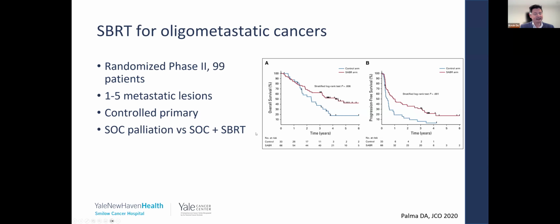And this is the SABR-COMET trial, which looked at metastatic cancer patients, a small trial, 1 to 5 metastatic lesions with standard of care palliation versus standard of care with SBRT, showing a survival benefit with the addition of local therapy with high-dose